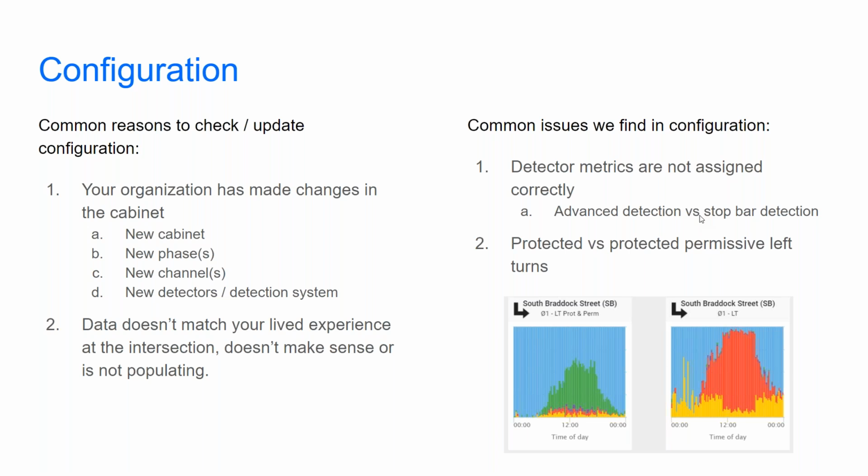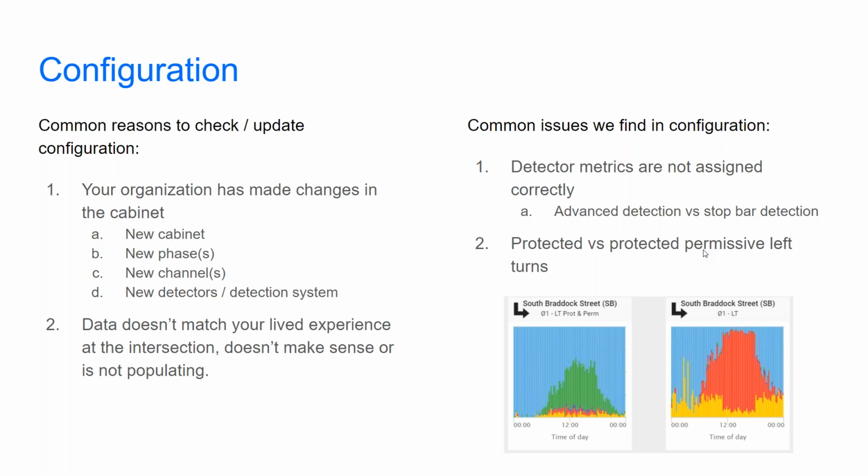split trends, your occupancy ratios, and basically all the stop bar metrics that you can come up with. And then if you designate it as an advanced detector channel, then it would be all about approach volumes or arrivals on reds and the other sets of metrics that enable other performance measures. So sometimes if there's a mismatch on what the purpose of the detector channel is, and it's not set as stop bar, you may end up in a scenario where just the chart's not populated, or it just doesn't look quite right.